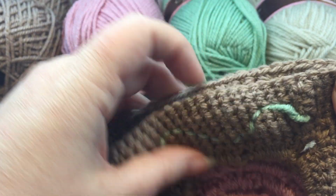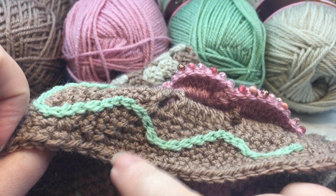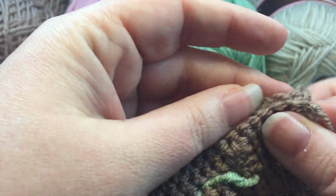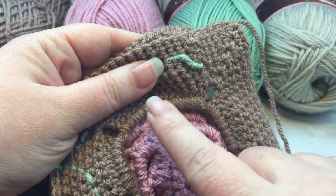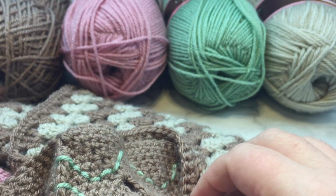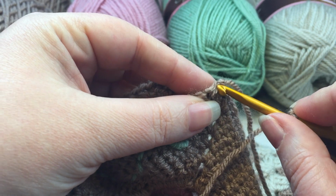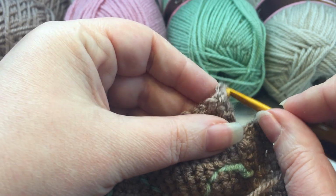and match them up. Okay, what you're going to do, make sure that you are working on your finished edge. You remember we have one finished edge and one unfinished edge. This portion you're going to be working in your finished edge, and we are going to be single crocheting this together. You have to make sure that you are putting the panels wrong side up, because if you don't, then you're going to end up with a ripple of a single crochet going across the top, and you don't want that. You want that hidden on the back side. So to do this, it's super simple. It's just like how we attached these squares to each other. You're just going to find your corner space or your last single crochet, and then find your first stitch over here,